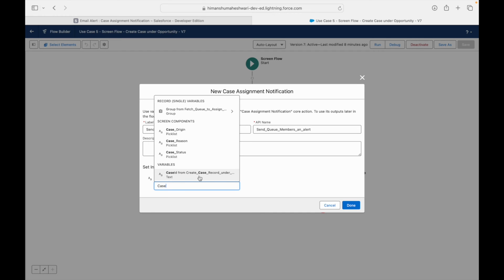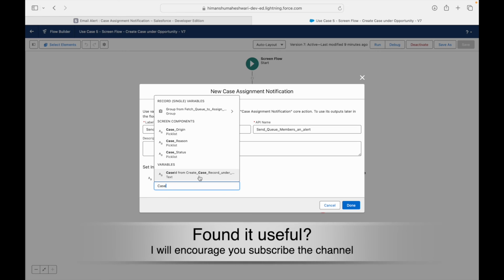This is also something that's available from Flows. You cannot use the record ID. If you're thinking, why did Himanshu not use the record ID? Why would I use the record ID? That's an opportunity record, but I want to notify case information, which is of the case record that I just created. Where did I create that case record? I created it as part of the flow, which is why Salesforce has created a case ID